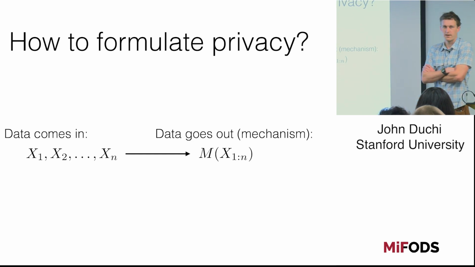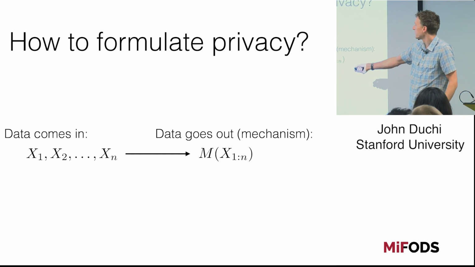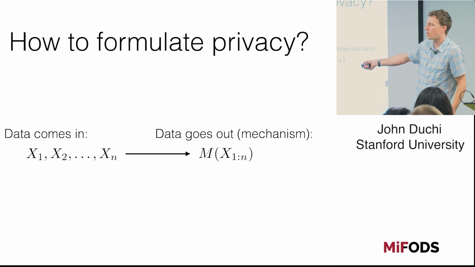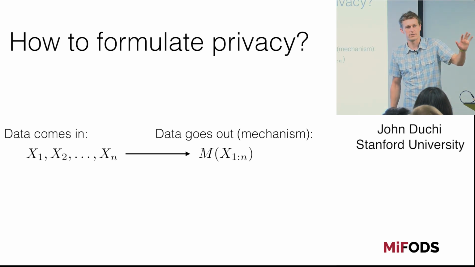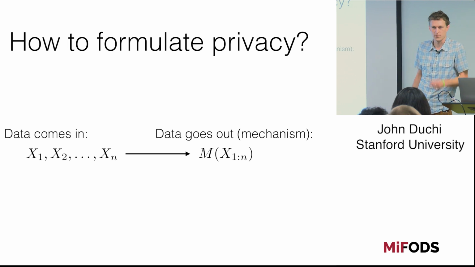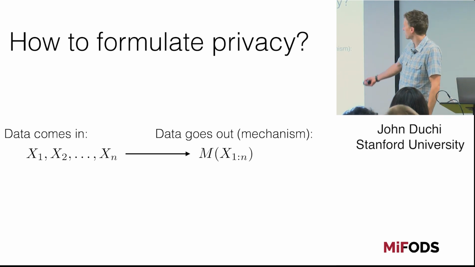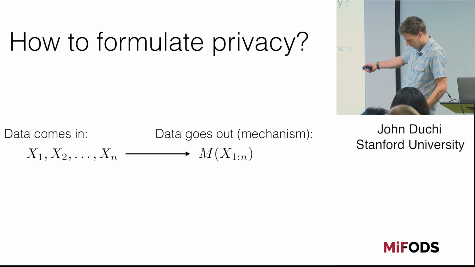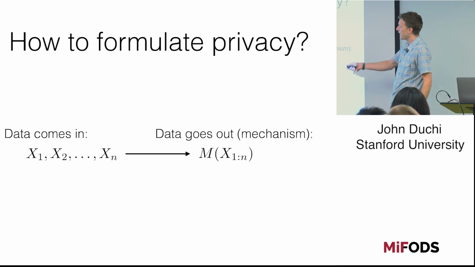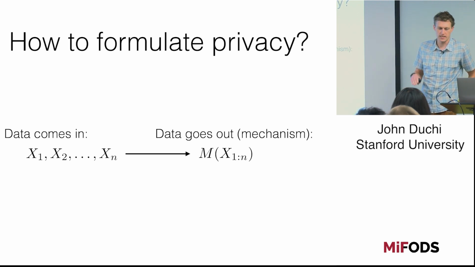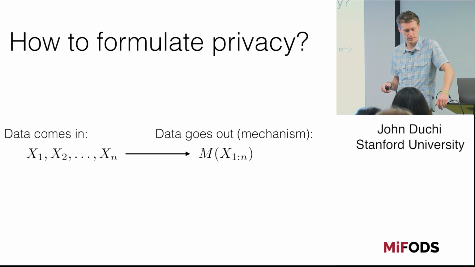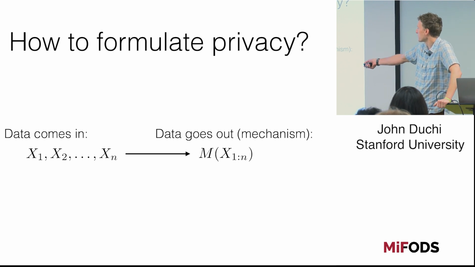what we're going to do is we're going to say, all right, data is coming in, x1 through xn. These x1 through xn are always going to just be raw data, non-privatized, but it's what you want to sort of prevent disclosures about. All right? It's going to come in, and what's going to get spit out is some mechanism. In the first part of the talk, my mechanisms will be M. I'm going to switch this a little bit in the latter parts of the talk to give a slightly more information theoretic flavor. But so data is going to come out in some mechanism M. It's going to spit some random thing out about your data.